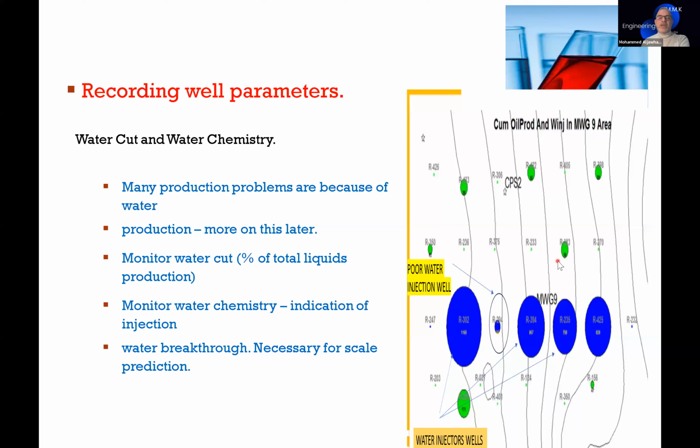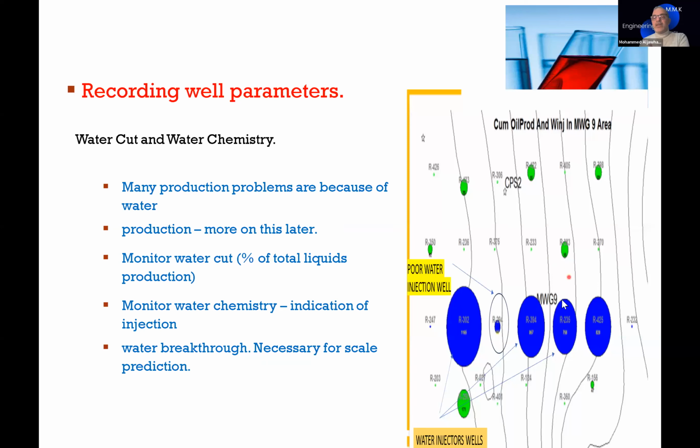And when we do water chemistry, what type of water is injected in those wells, what can we see from the production, and what kind of water do we have to inject to enhance the production rate for the wells in this area? These kinds of questions we have to consider in terms of monitoring the field performance and the wells performance, as injectors or as producers. So